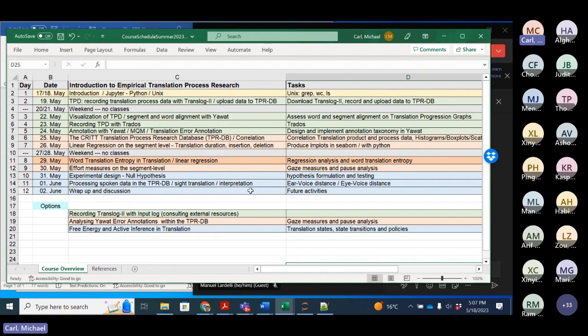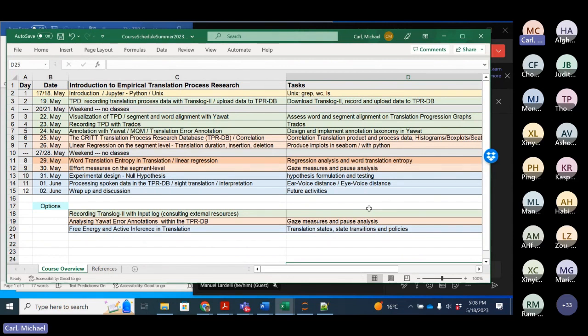This was Watson. I don't know whether this still exists, but based on this tool, we implemented a way to transcribe the spoken data into words with a timestamp attached to each, and then we could add this to the translation process database, and we can compute something called an ear voice span. That would be in the interpretation situation.